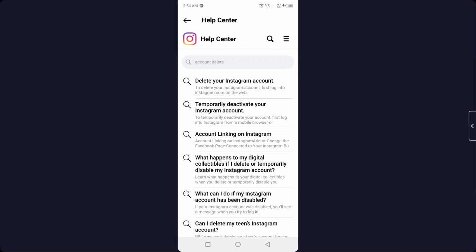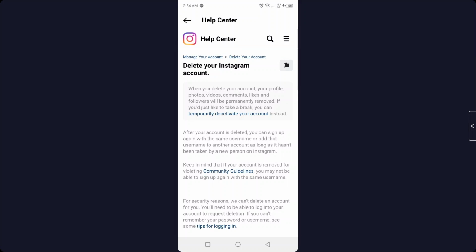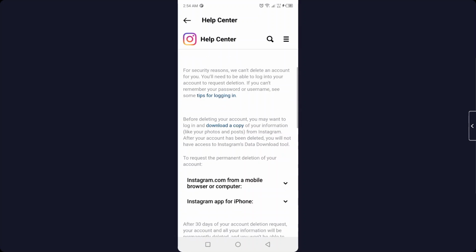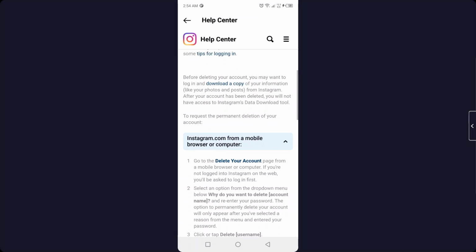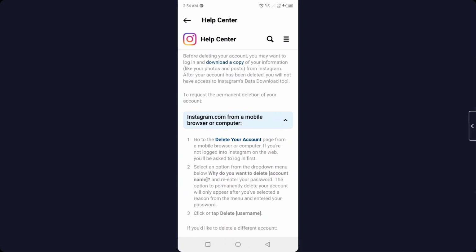Okay, and here you need to click on the first option, delete your Instagram account, and then you need to tap on instagram.com from a mobile browser or computer. Then you need to click on delete your account,